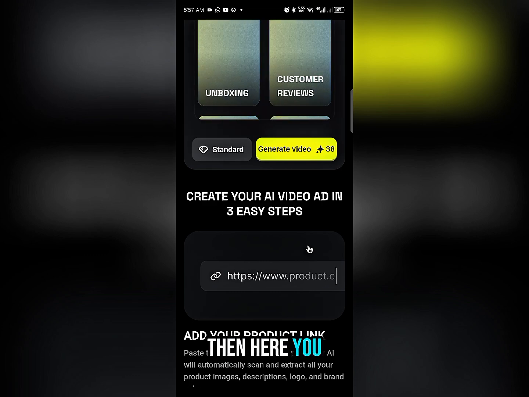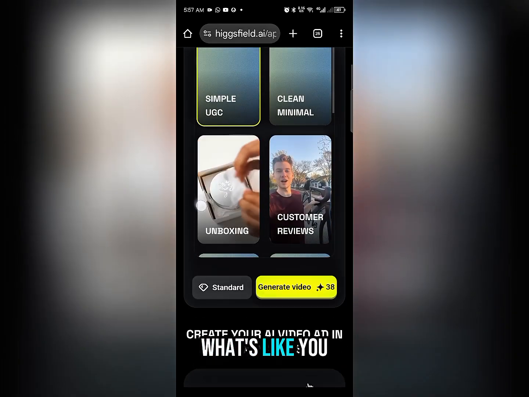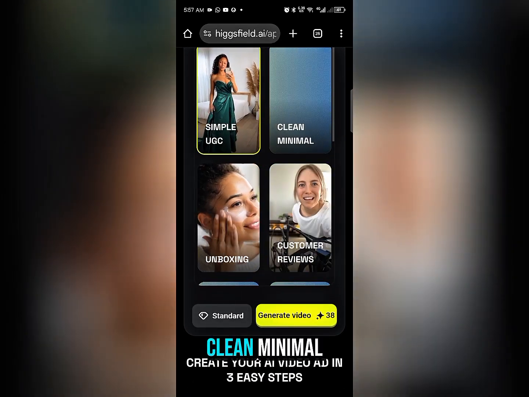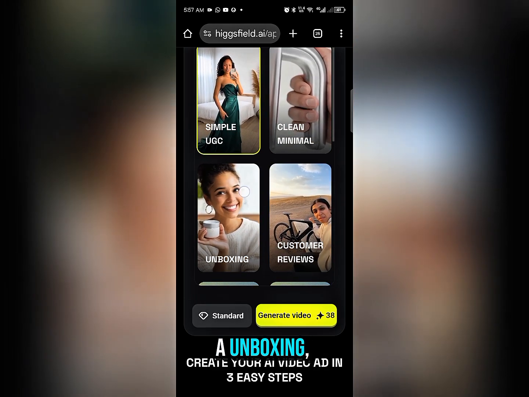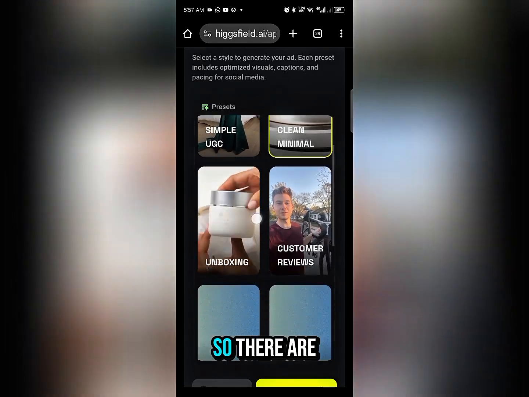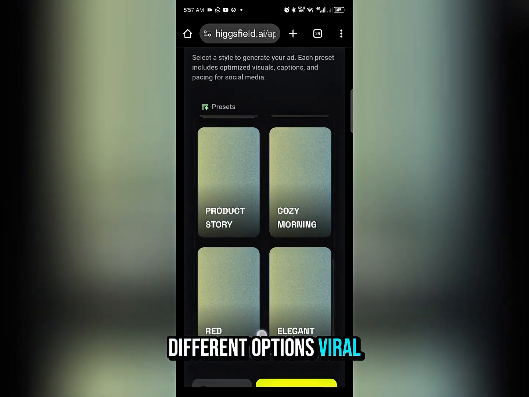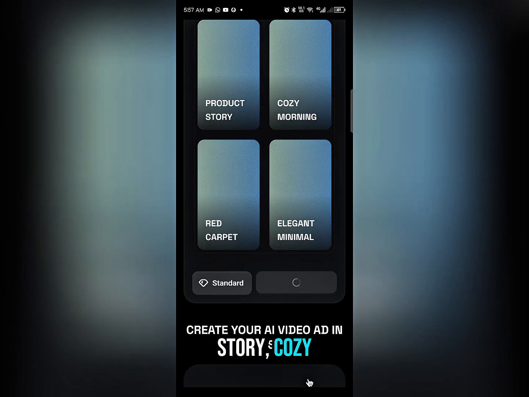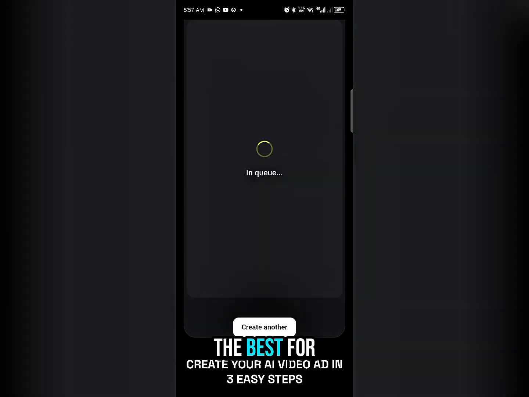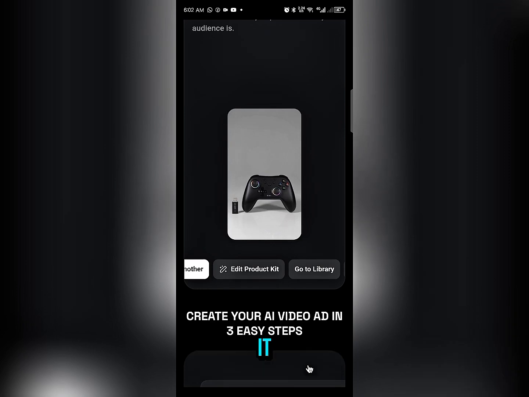Then here you have to select the format, the template, that you are looking for, what you want to do. If it's a simple UGC, a clean minimal, an unboxing, customer review, just according to what you want. So there are different options: viral chaos, luxury, product story, cozy morning, red carpet, elegant, minimal. So you choose the best for your taste and the best for the product you are advertising. Then you click on generate, and I'm going to pause the video and continue it after generation,